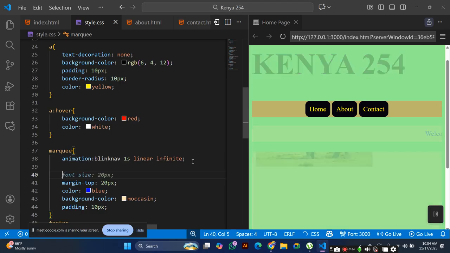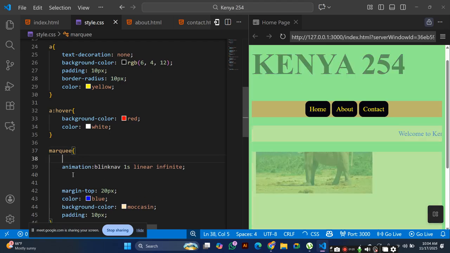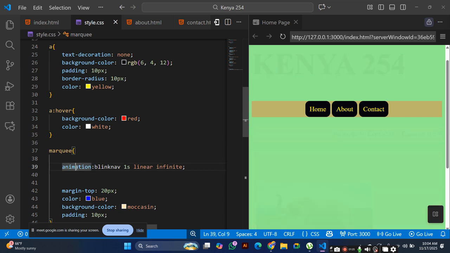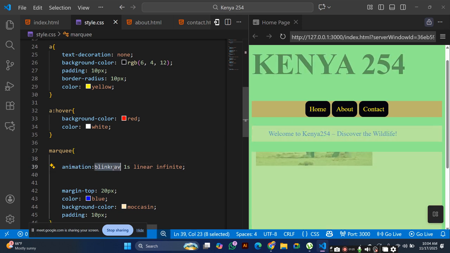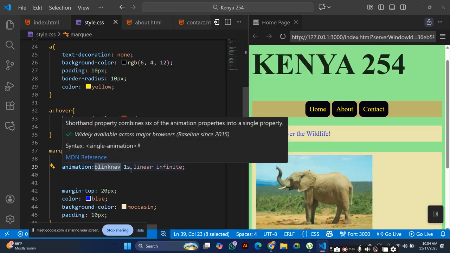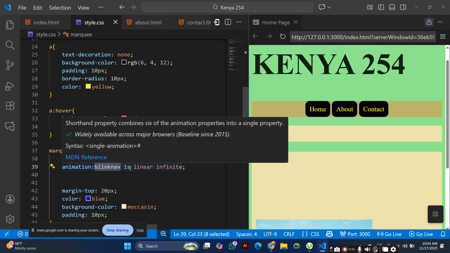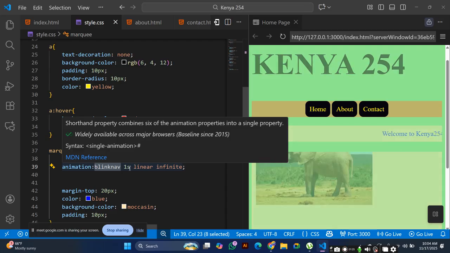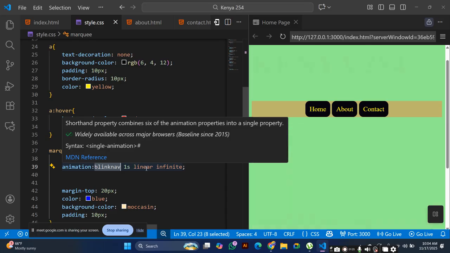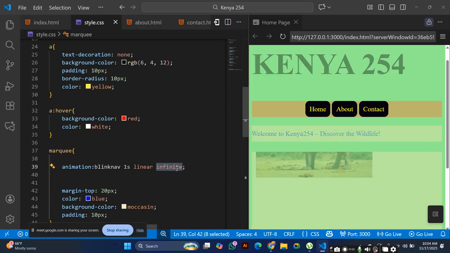So this is what we need. Inside the object that you want to blink, you just say animation, followed by the name of your animation, then maybe 1 second, or 2 seconds, 3 seconds, then linear infinite. Then the object will start blinking.